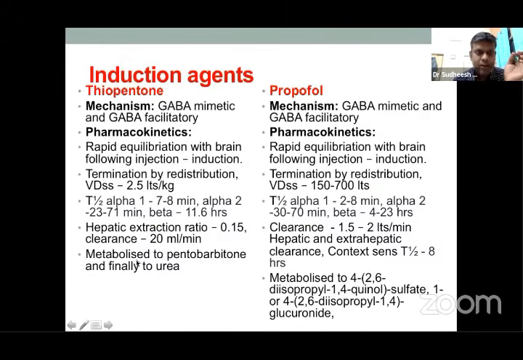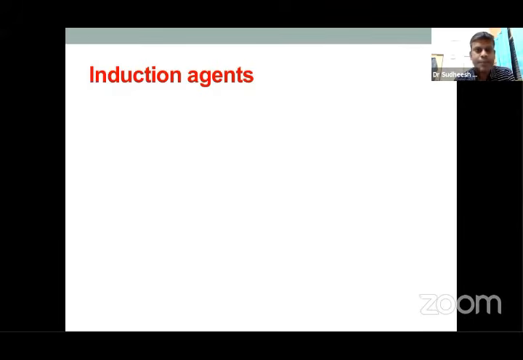So therefore, thiopental, which is metabolized by phase 1 reaction, will have delayed clearance, whereas propofol, in the early stages of liver disease, still has some amount of faster clearance in spite of the liver being damaged. And in addition to that, it has extrahepatic clearance also, so therefore the drug has better clearance from the body when compared to thiopental. So it is more suitable in liver failure patients.